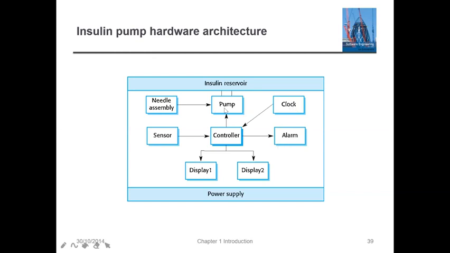So to inject the insulin, we need the needle assembly. We should have this needle and it has to be pumped. In this way, and also to do all these things, we need the power supply. So all these things have to be assembled in a way where the insulin can be worked out. You can design your architecture however you understood from the insulin pump. It is not necessary that you draw this kind of diagram. You can also design your insulin pump hardware architecture, how you are going to provide for the system.